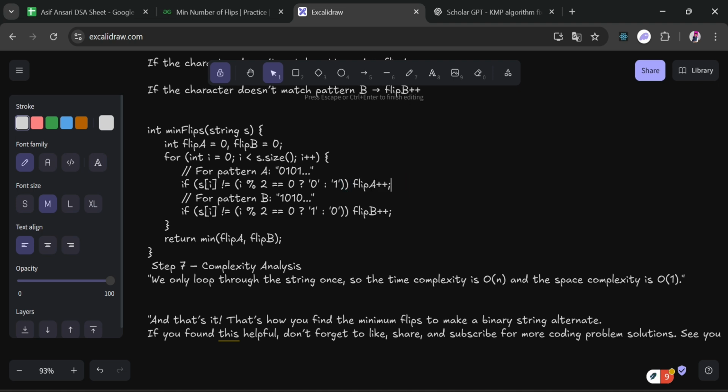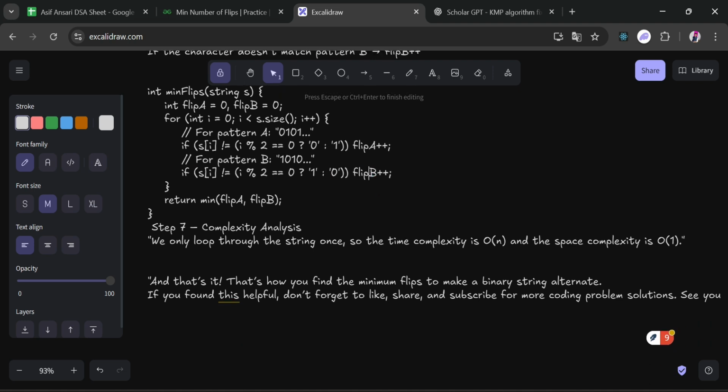Same here for pattern B: if this is not true, then we increase flipB. Return the minimum of flipA and flipB.